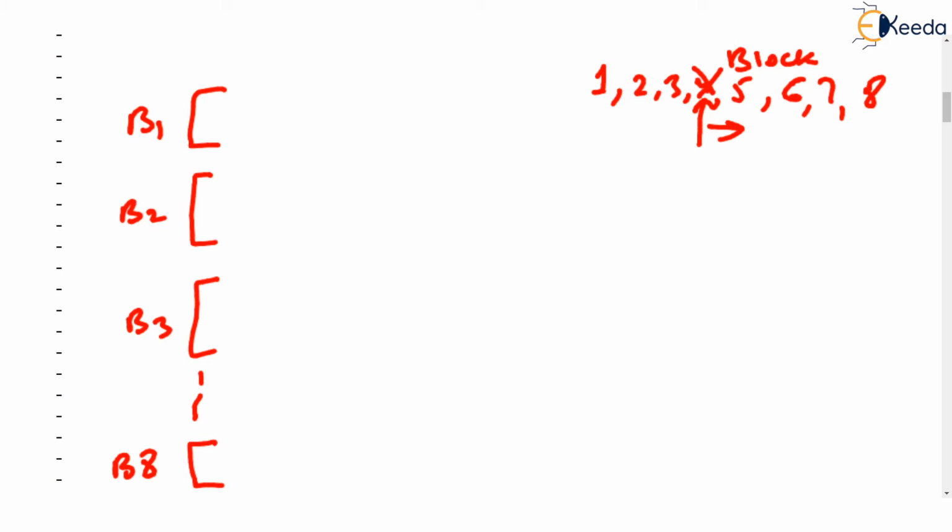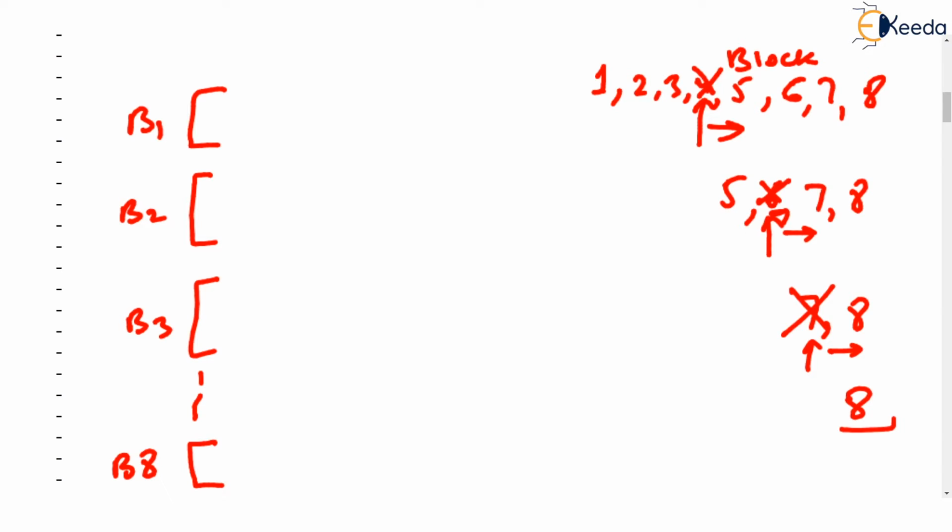That means now we are going to search only 5 6 7 8, and we again find the midpoint, and we say that this block is also not containing our record, but the record that we are searching has a key value greater than the largest record over here. So we again go to the right. So 7 8 is pending, isn't it? We again find the midpoint. Let's say 7 is the midpoint. 7 is also not containing our record. Now we search only 8, and maybe 8 is containing our record or not containing our record, maybe. So that record is not present, correct, isn't it?